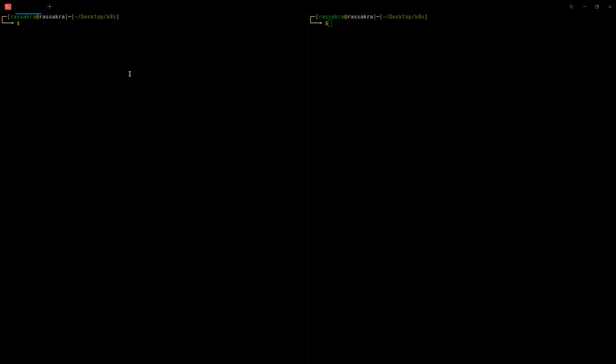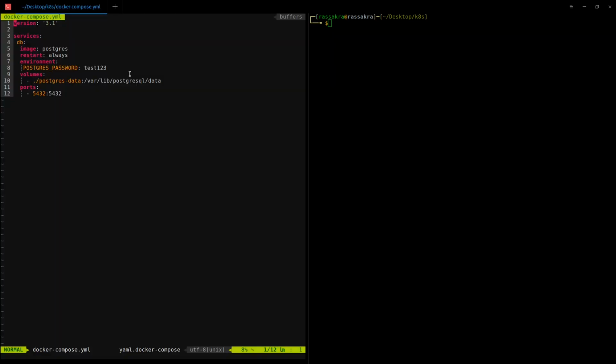I am here using Docker Compose with a Postgres image like here. The version is 3.1. The service is a database. Our image is Postgres. Restart always. And here I create a password for my database, test123, and I mount a volume that will save our /var/lib/postgresql/data and mount it in my local machine in postgres-data, and I'll expose my port 5432 and map it to the container port